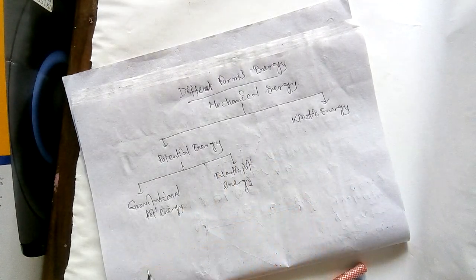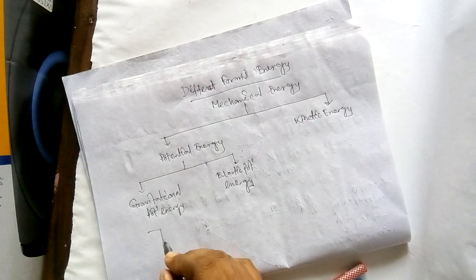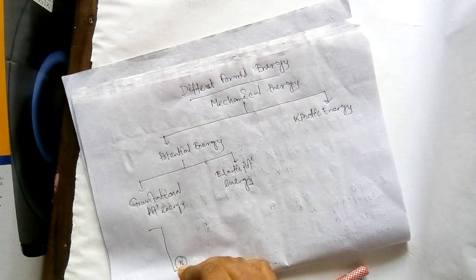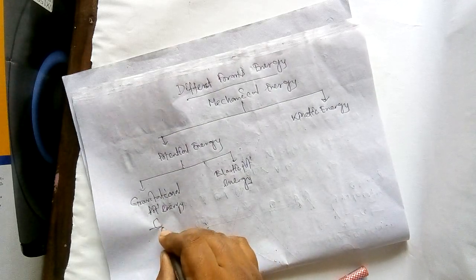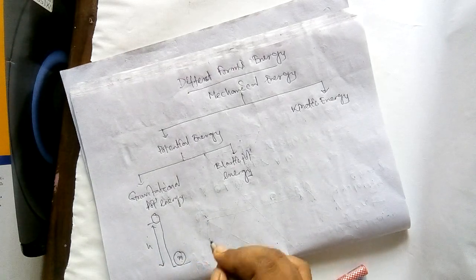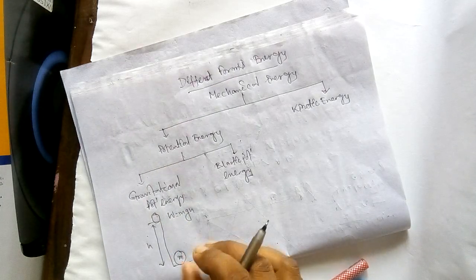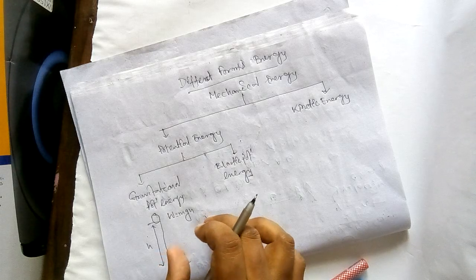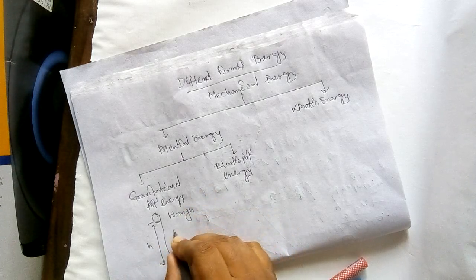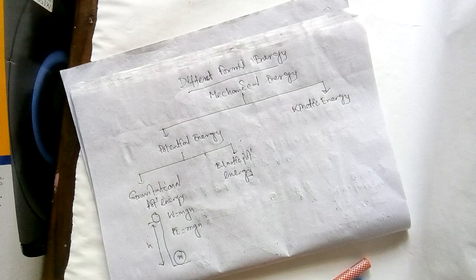Now how can we measure it? I'm just reminding you, in the previous part we did one calculation: if a mass m is taken to a height h, what work have we done? The work done is mgh. If we have done the work mgh, that work should be stored in the body as its energy. So potential energy is also mgh. The derivation we have done earlier, so we will not go into much discussion about the derivation because we have already learned it.